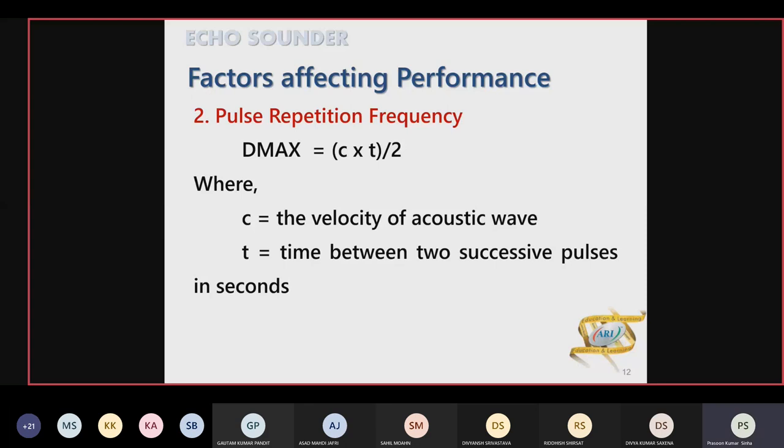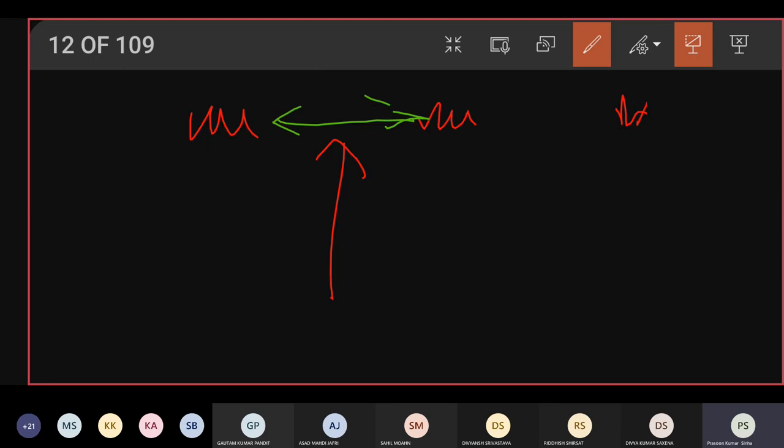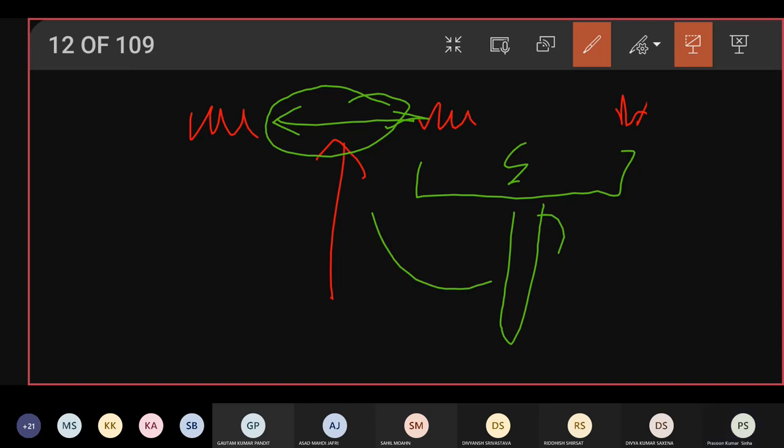Here what it is saying, that if one pulse is there, then a second pulse, then a third pulse. The time between two pulses will decide the maximum depth. This is the time available for the pulse to go down and come back. जितना ज्यादा टाइम रहेगा उतना डेप्थ तक जा सकता है सिग्नल।